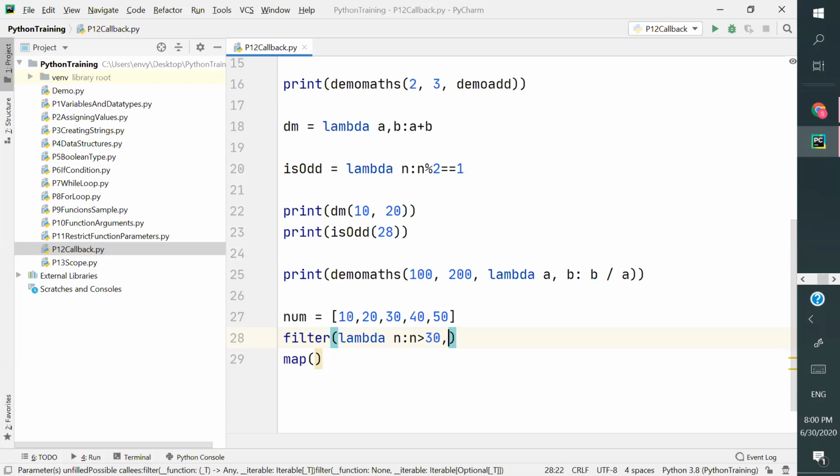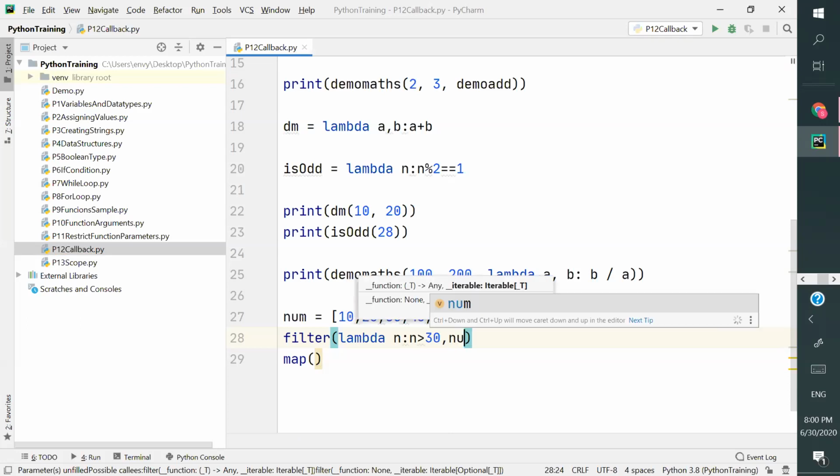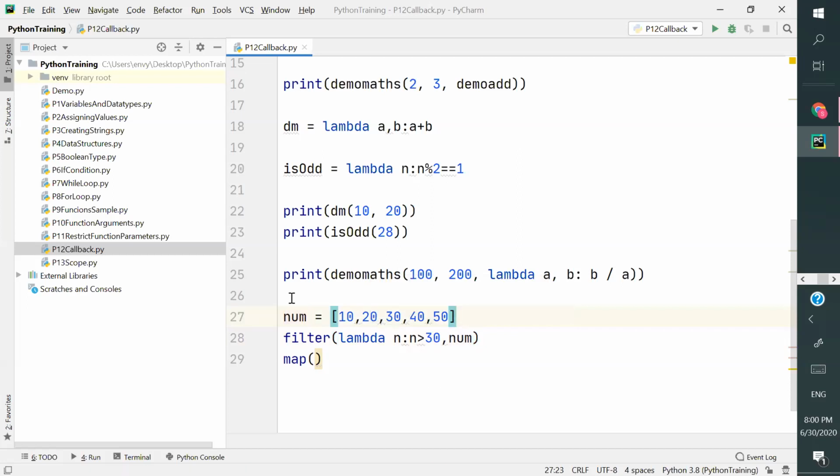This is my condition. For every number in nums, it is going to iterate and check the condition. If it is greater than 30, it is going to return that as an iterator.